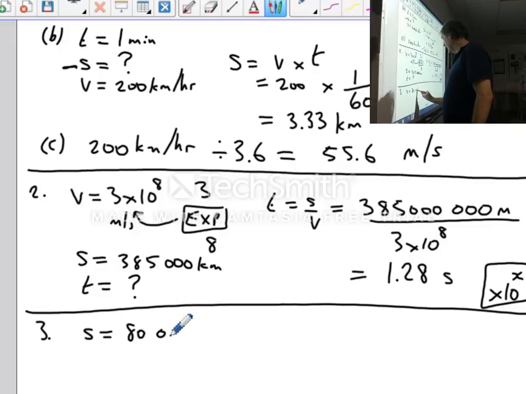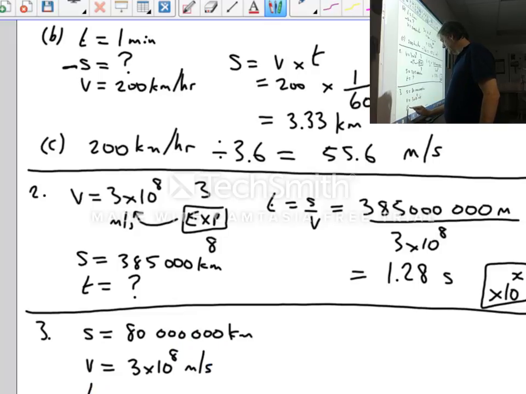So that's 80 million, that's 8 with 6 zeros, and that's in kilometres. The speed of light for a signal is still 3 by 10 to the 8 in metres per second, and they want to know how long it will take to receive it back. So using the same formula of t equals s over v there,